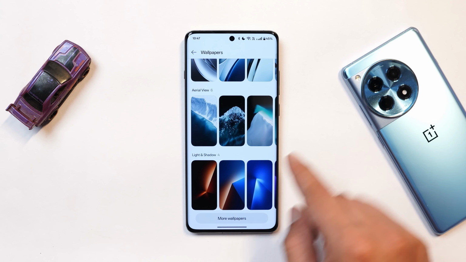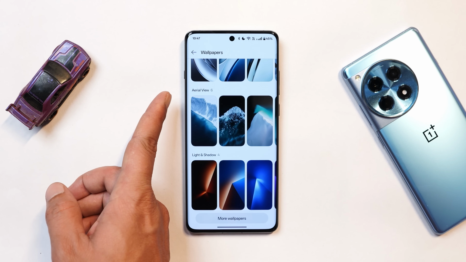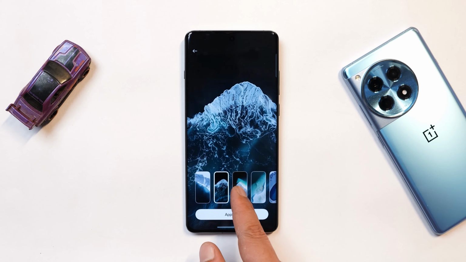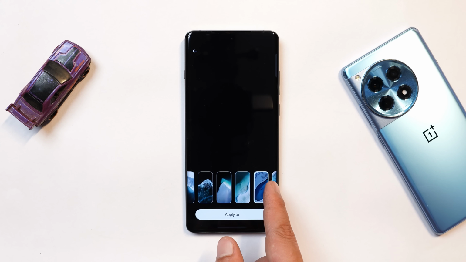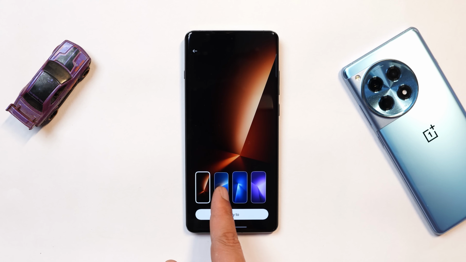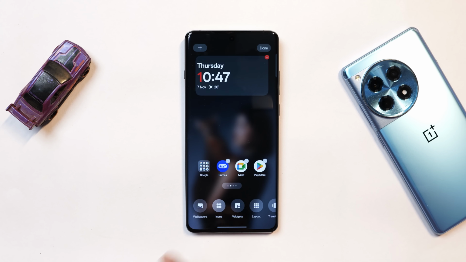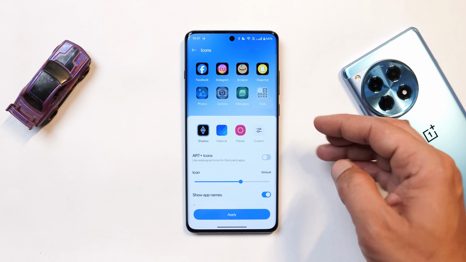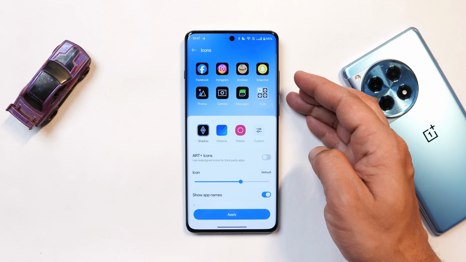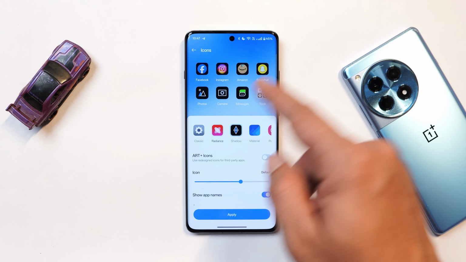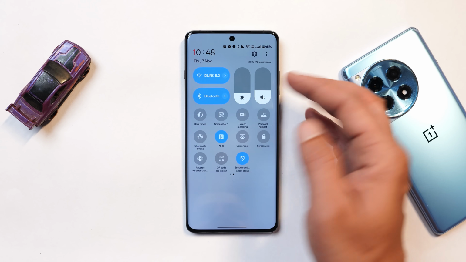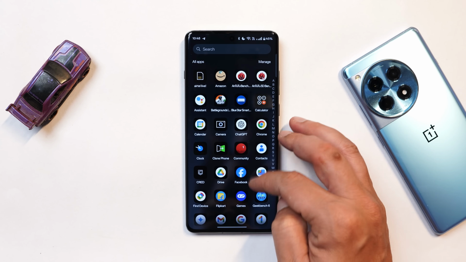Also, OnePlus adds a new set of wallpapers which includes aerial view, which has 6 wallpapers. You can take a look at these 6 wallpapers which were recently added by OnePlus. After that, there are 4 wallpapers named light and shadow. OnePlus also brings a new set of icons, including a shadowed one which gives you a dark background for the icons, and the other one is this radiance. And if you apply the shadow one and then switch to dark mode, you can see the icons look really